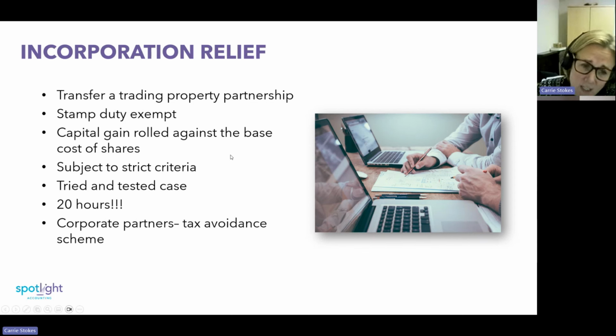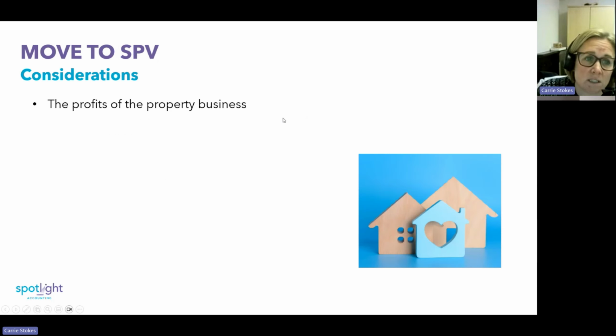incorporation. There are accountants that advertise an LLP route with corporate partners. HMRC have declared this recently as a tax avoidance scheme. So if you use this scheme, it has to be disclosed on your return. We don't get involved with that sort of thing. We just tend to stick with the Ramsey case, which has gone through court and has won, so it's in tax law.